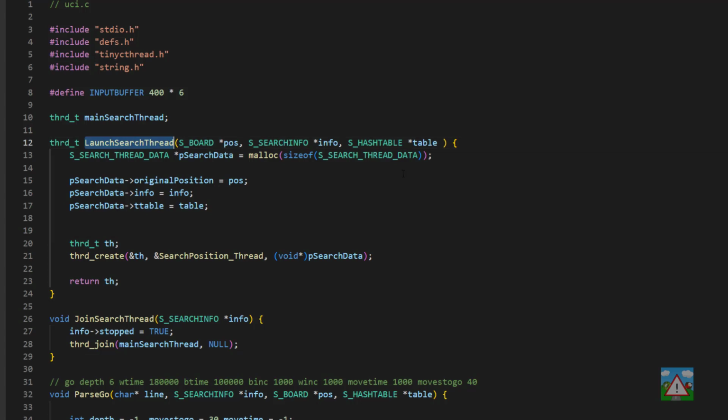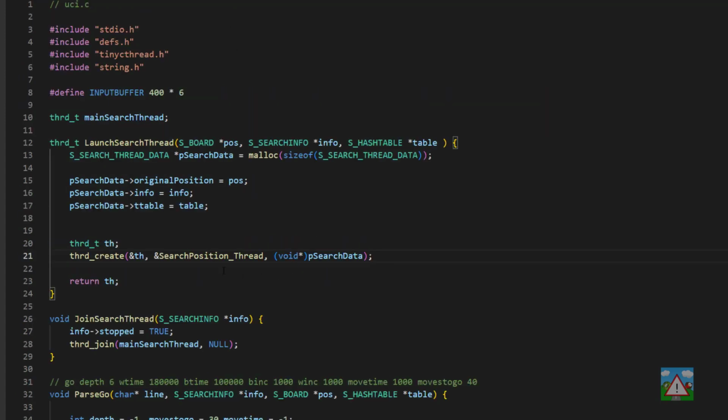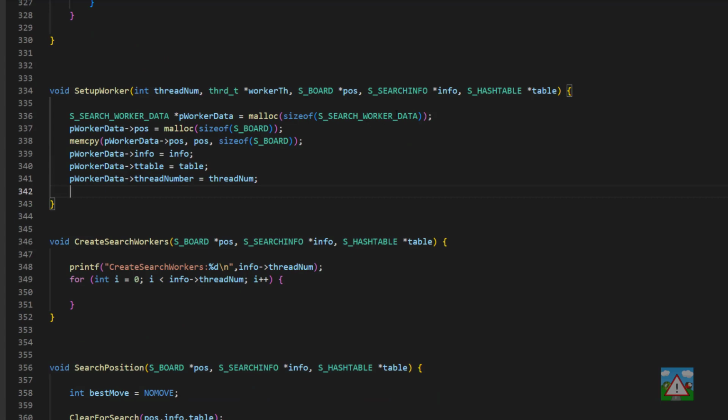Yeah, you can remember that we've got this launch search thread here, and we've got this thread create function from tinyc_thread, and inside here we send in a reference to the thread, we send in the function to actually start everything up, and then we've got this void pointer to the data that we want to send. We're going to do more or less exactly the same thing now. The only problem is we don't have the equivalent of this search position thread. We don't have a function that we can call when we start the thread, which is actually what we need